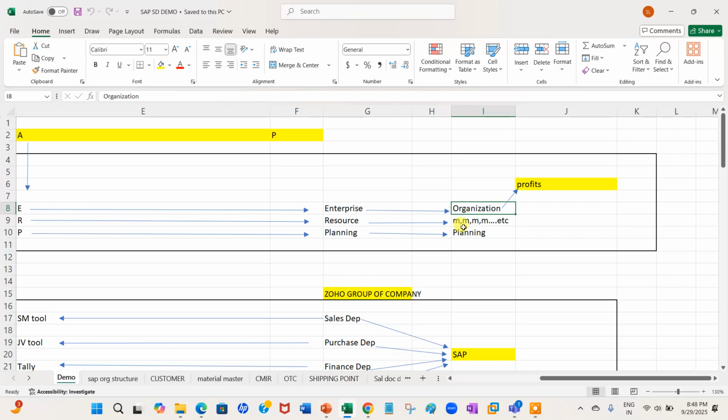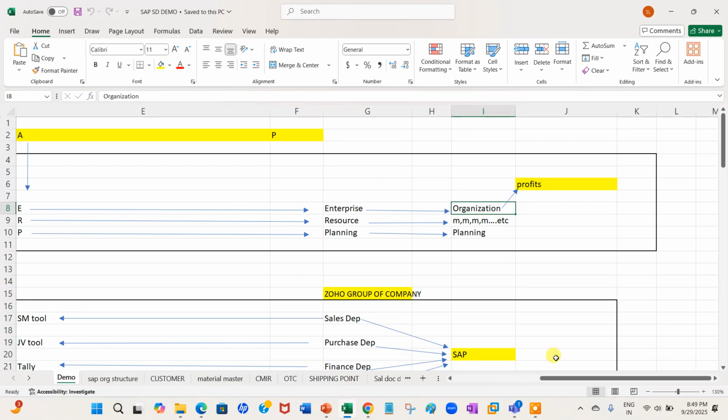What are we planning? We are planning what things we have to perform. Proper planning by using money, machinery, manpower, all these things at the same time. In your organization we have to perform all these things. What we get in the end is profit.